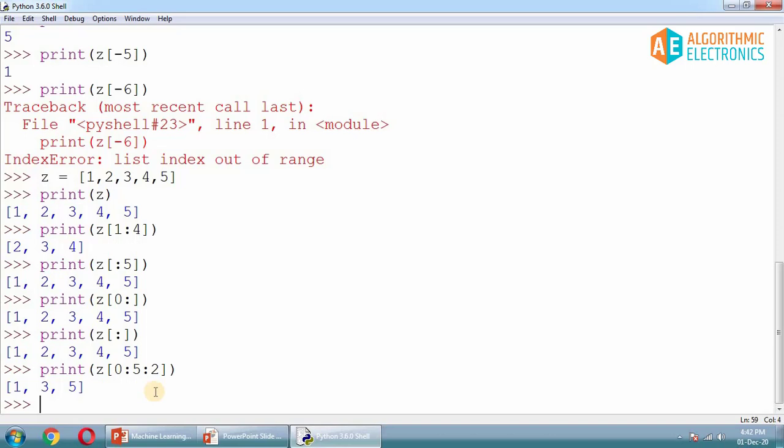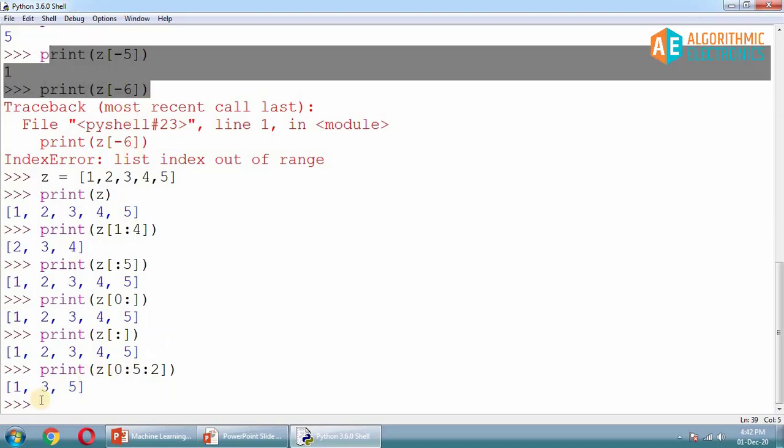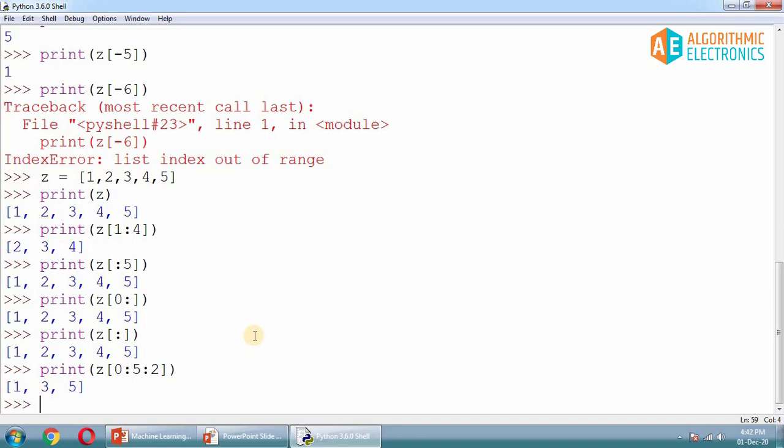If this is all about positive indexing, where I am giving positive values of index from 0 to the final value, I am also talking about negative indexing. So it has got some negative indexing as well. Is it possible that we can give some negative index range? Yes, definitely you can give a range of negative index as well.